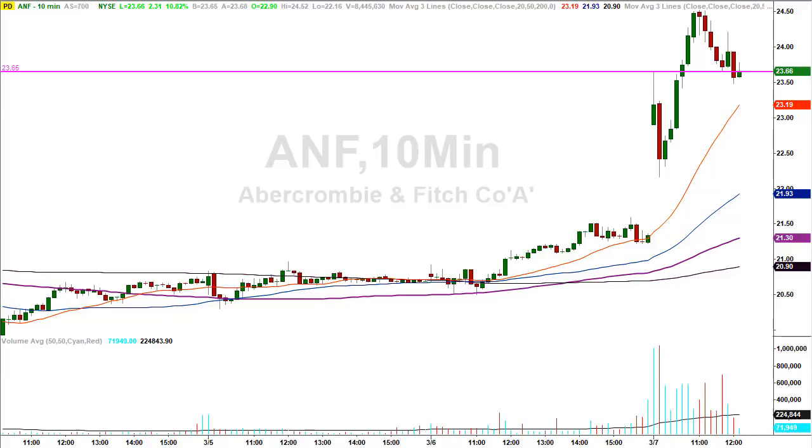All right, back to ANF. You can see what happened. The stock closed yesterday all the way down at $21.34. The stock was gapping higher at the open, so we were looking for a resistance point where the stock would find resistance and have a price reaction downward. That creates a short trading opportunity. The level identified, and you saw in the email, was